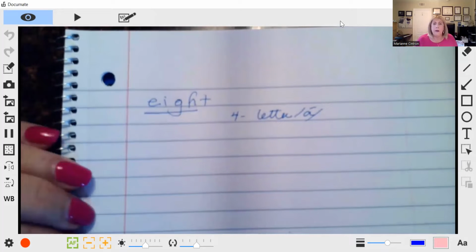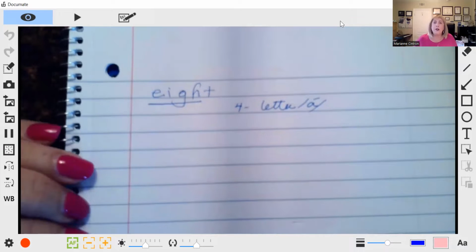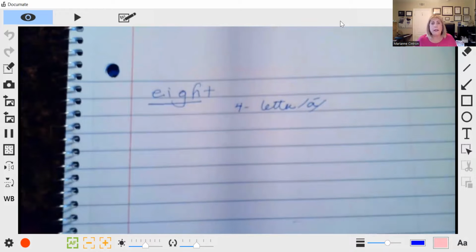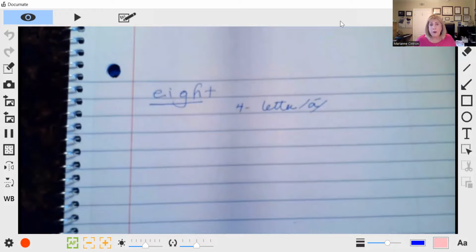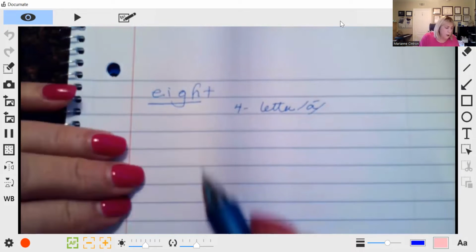So then since he knew 1 and 2, I've already taught the different ways we spell 2, T-O, T-O-O, and T-W-O. I taught that in my workbook. So I use different highlighters to help him learn that. If you're interested in that, let me know. But what I want to show you is when he wrote